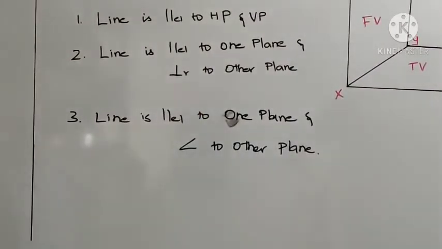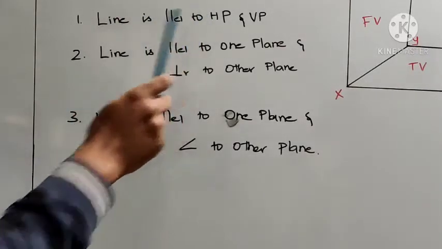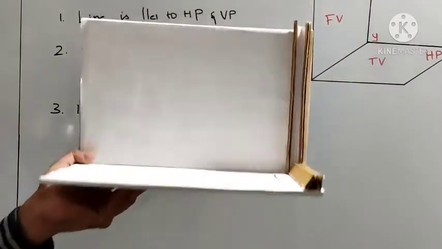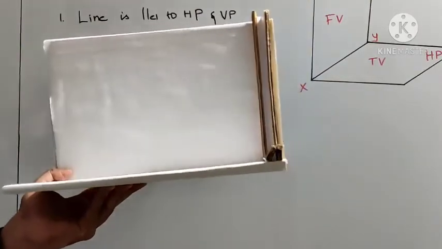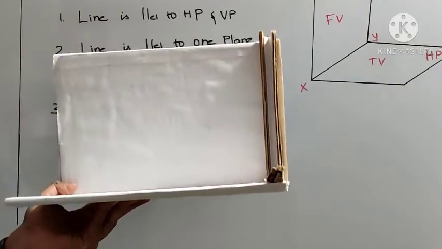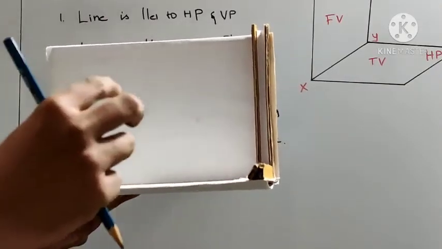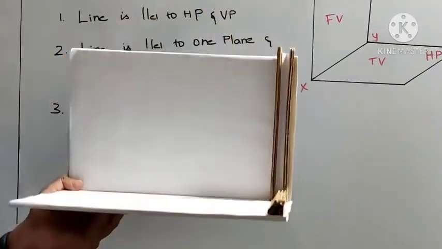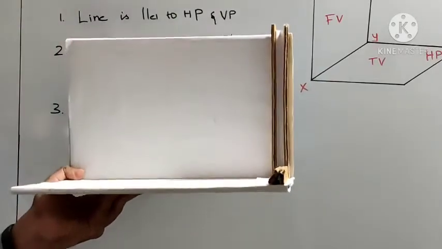So as I told you, in India we are going to consider the first angle projection. So from the projection of straight line onwards, we will be considering only the first quadrant. Always it will be the first quadrant system and the first angle projection system. So let's take this case. The line is parallel to HP and perpendicular to VP. So this is my first quadrant. I hope you know the position of the observer will be in front of the first quadrant for the front view, and here for the top view.